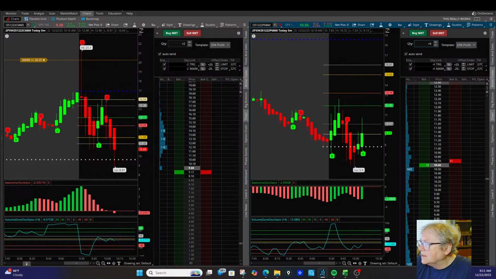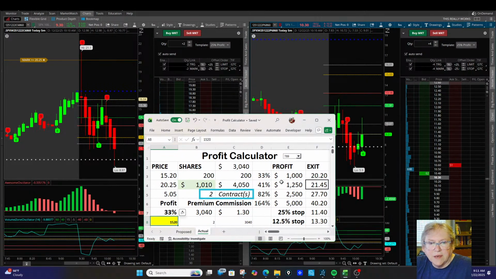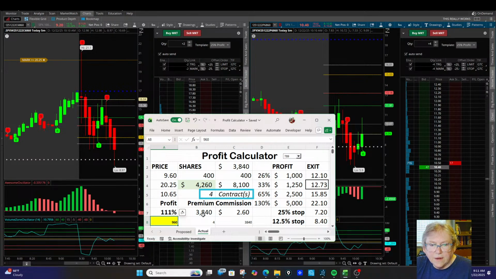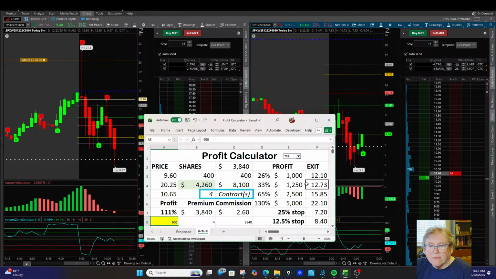So if I put 960 in my profit calculator, you bring that over so you can see that. 60. And let's say I did 4. That would be $3,840 of the premium. Okay, I need to get to 1,000. Lately has been my go-to, but between 1,000 and 1,250. So if I put in 1,250,